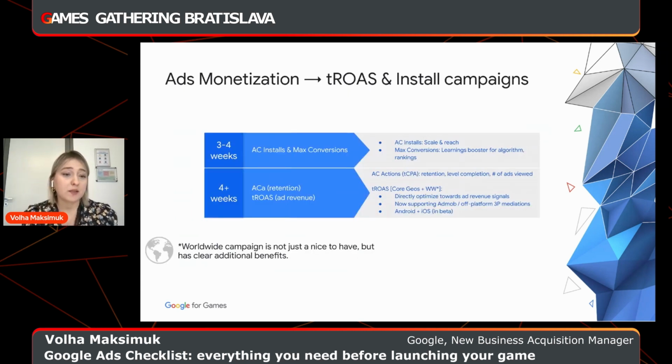So when it comes to ad monetization, the biggest bet for you is the return on ad spend campaigns for ads revenue. You pair it up with the installs campaigns to ensure volume and ensure high ranking. And you also make sure to not only have the campaign for your core geos, but also include the worldwide audience, as it is not just a nice to have, but it does have quite clear benefits. It contributes more signals to algorithm learnings, because learnings are shared on the app level, and then core campaigns are able to ramp up quicker. You will scale at lower CPIs, and you will just generally have a much more stable involvement.